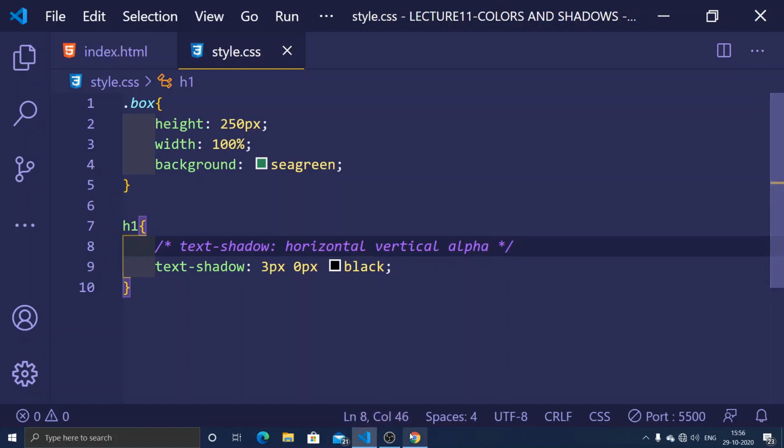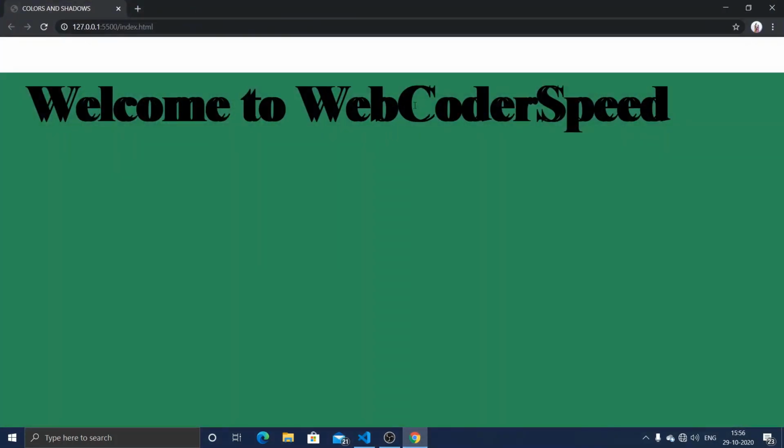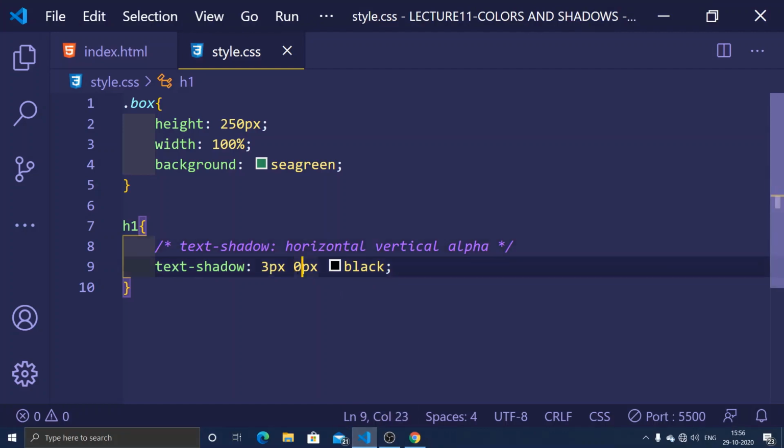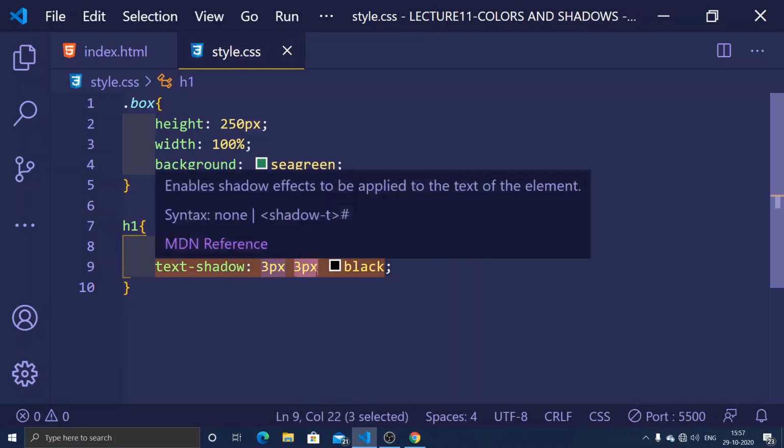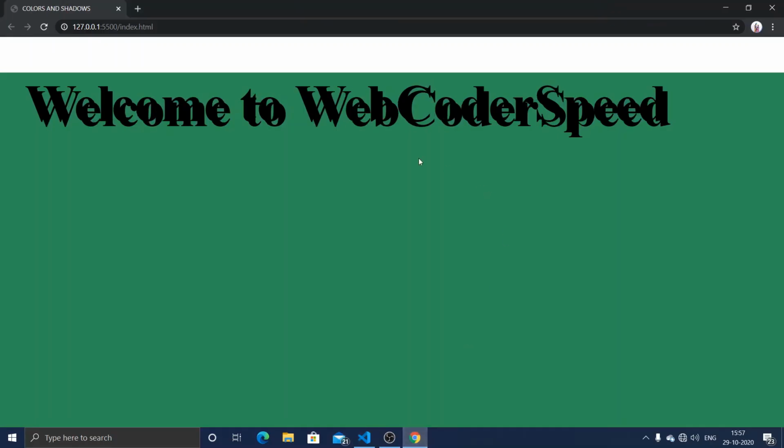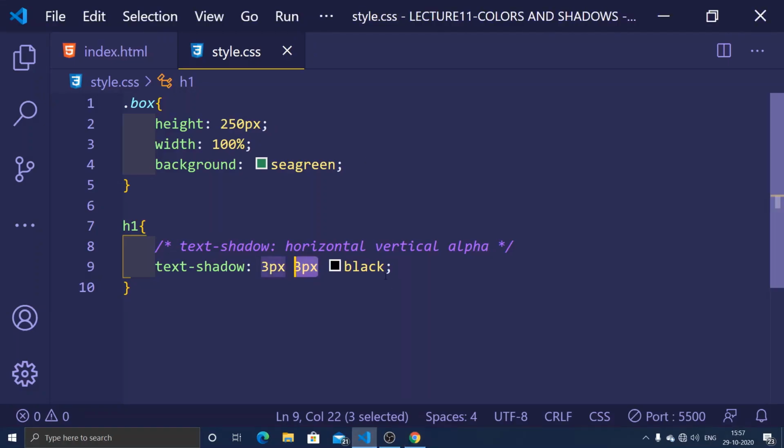So you can see over here that by giving it 3 pixels, that shadow is now shifted 3 pixels to the horizontal side. Okay, and if I give 3 pixels to this, this is for vertical. So this is gonna give me the vertical 3 pixels. And now you can see my text is shifted vertically like this. I can change the color of it so it will be more clear for you.